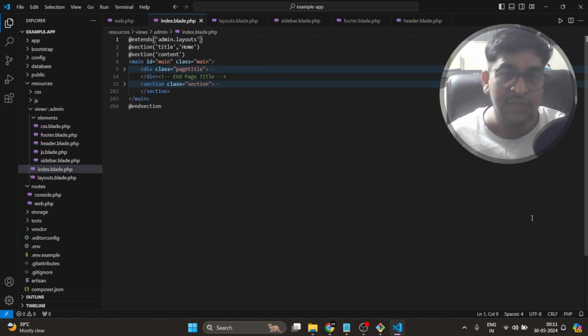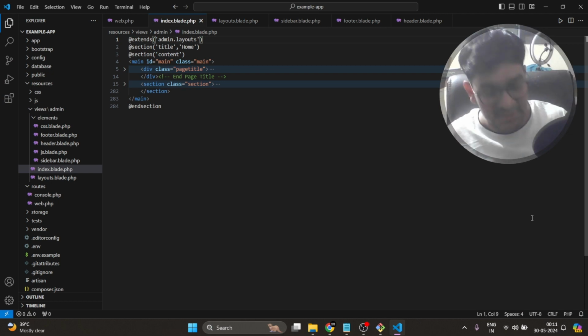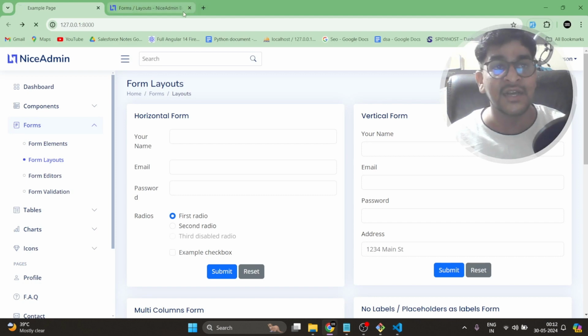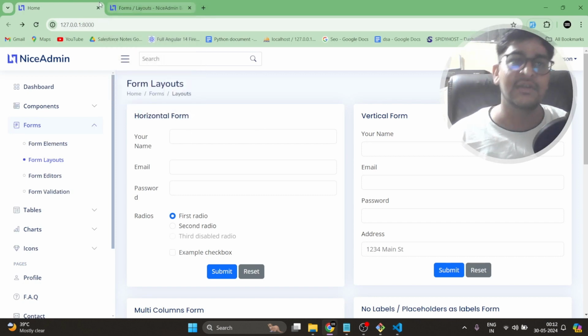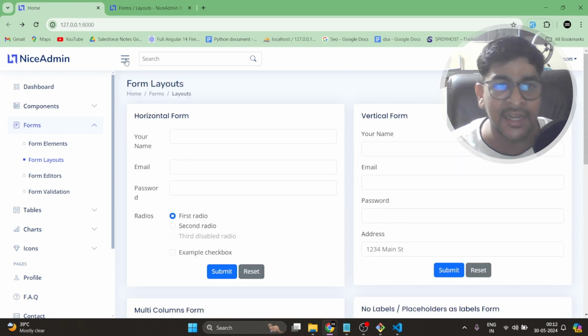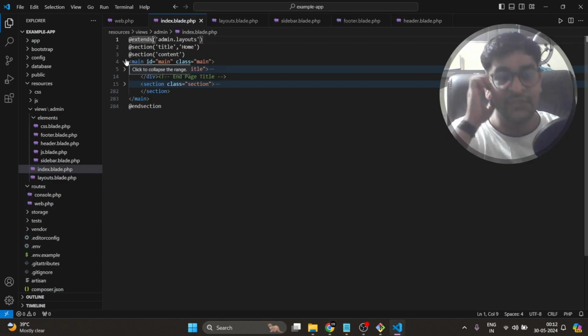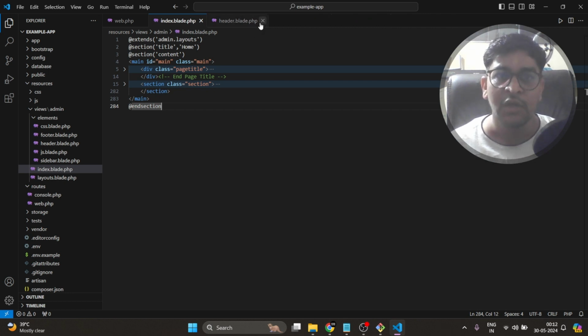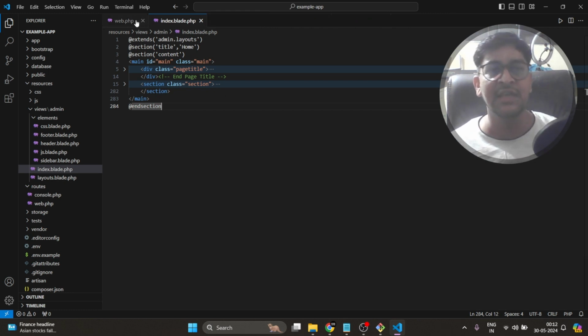Then here we have to use extends, because we have to extend the file with the layout, not include the file, because we have included the file inside our particular one. And now you can see here we have our home as a title, and all of our layouts are separated, and everything is working perfectly fine. We have separated every layout, sidebar, footer, header, and everything as well.